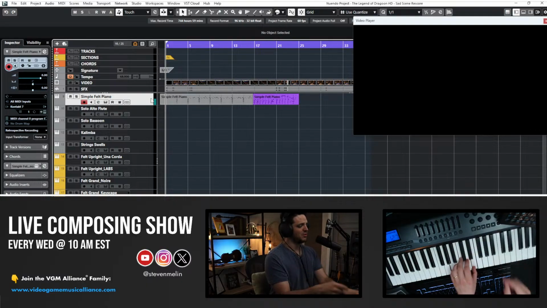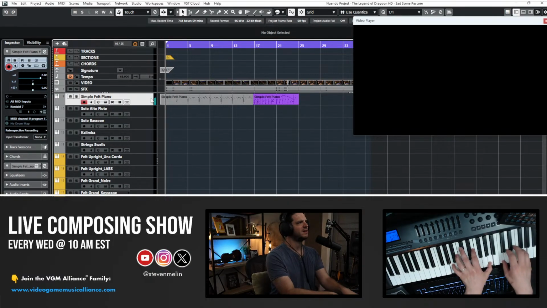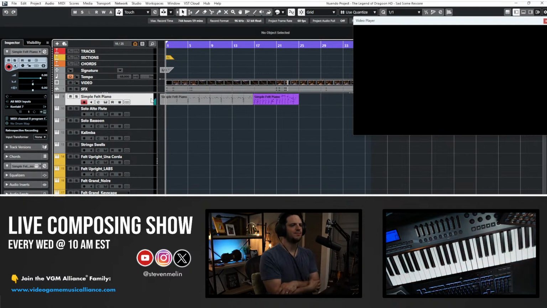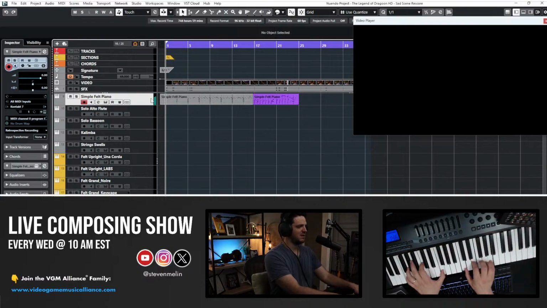I bumped up the room mic to give it just a little bit of hiss, a little bit of noise, which I think is so pretty. So anyway, I'm really proud of this. It's a piano that I'm gonna just start throwing into my templates moving on, because I just think it's good and it's simple. I can't argue with simple.